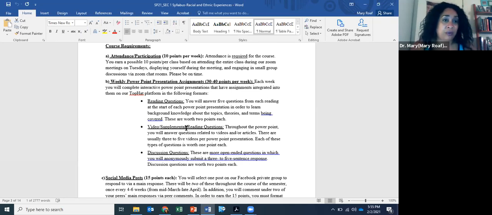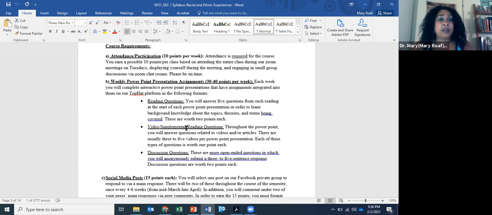The reading questions are multiple choice, 2 points each based on accuracy. Discussion questions are open-ended, based on your own reflections and perspectives about how the question relates to the content. There are no right or wrong answers, so these will be assigned participation points. The great thing about Top Hat is you can assign points for accuracy, points for participation, or a combination of the two.